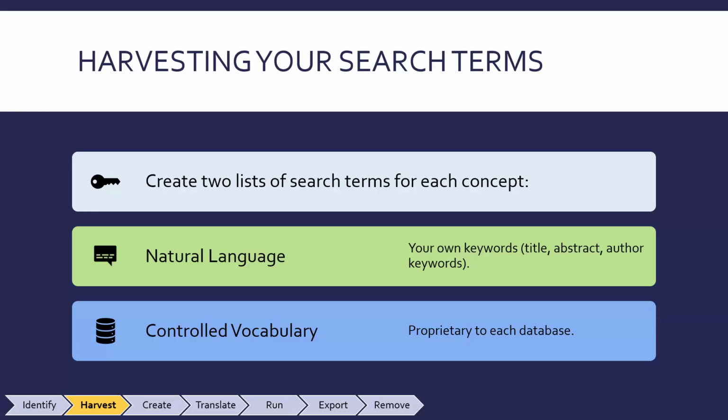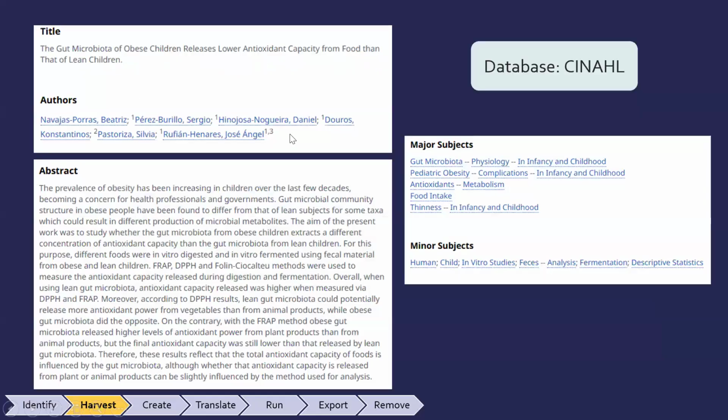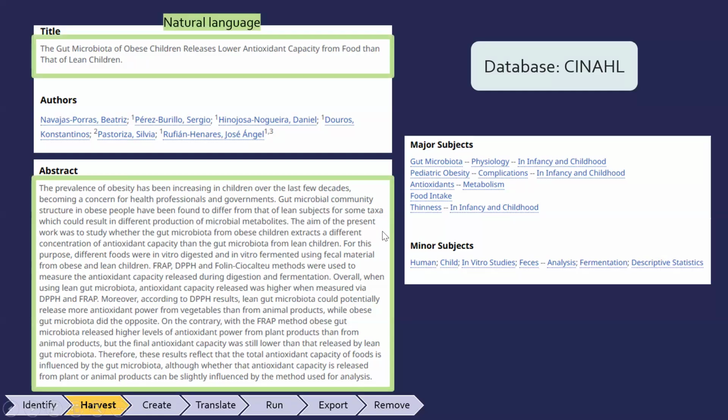language, natural and controlled? It is because when you're doing a search, since you have to be very, very thorough, let's just say this is an actual result that was brought up from a search using both controlled and natural vocabulary on this topic. What happens is, for example, the natural language that I used is going to look through the title and it's going to look through the abstract of the article. So this is where that is coming from. This is where the article gets drawn from the database. Using the natural language, it found some of the keywords that I had created, either in the title or in the